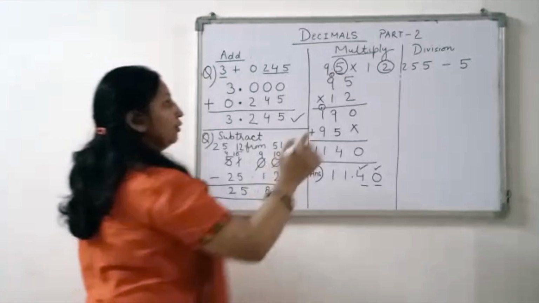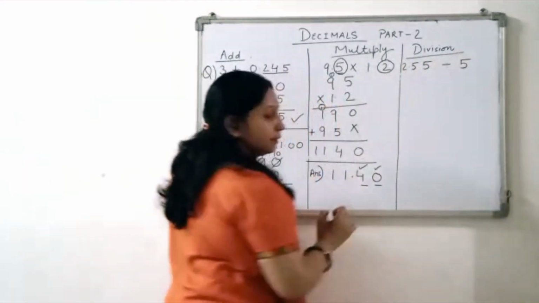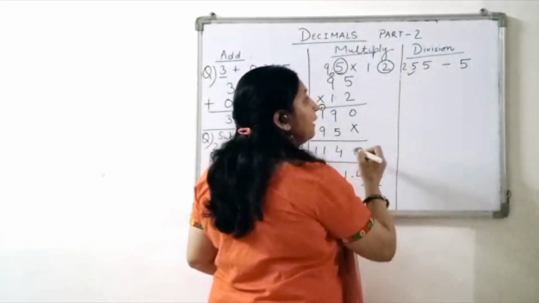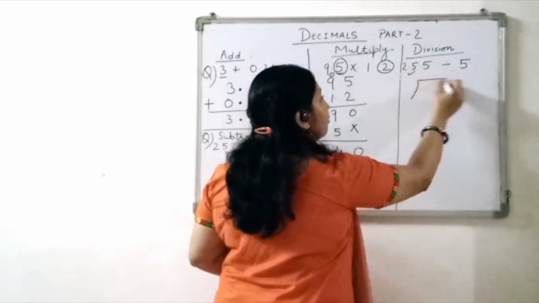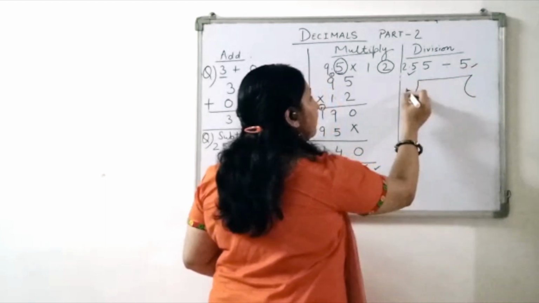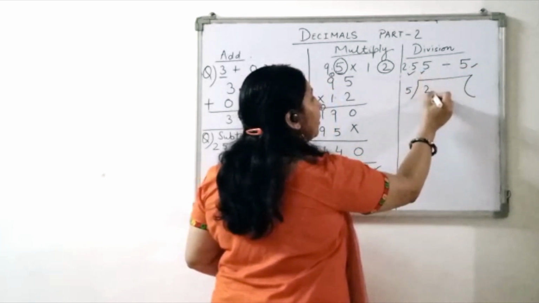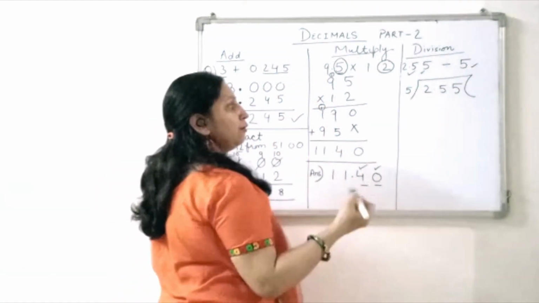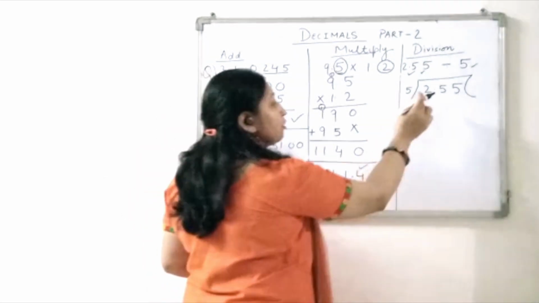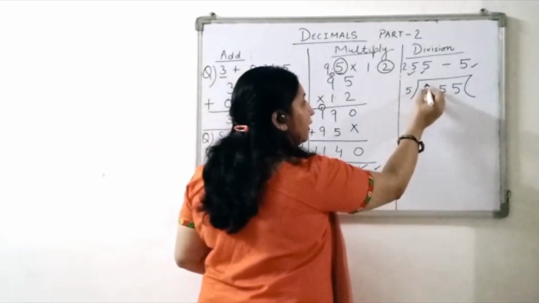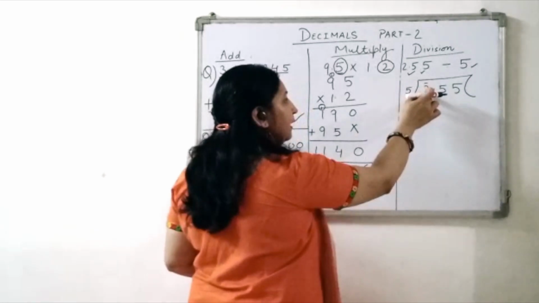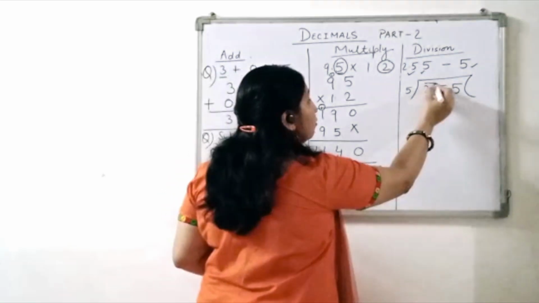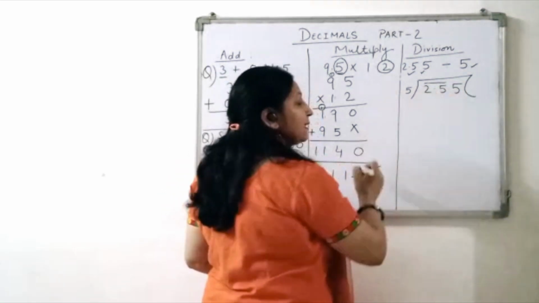Now we are going to do the division of two numbers. How to do that? Suppose here 2.55 is to be divided by 5. Here we have understood that this second part will become the divisor and this will become your dividend. So we have written this. Yes. And now we have to proceed with division. We are going to consider one digit, but this one digit is smaller than this 5. As it cannot divide, we have to take two digits. But here we see the decimal is coming.